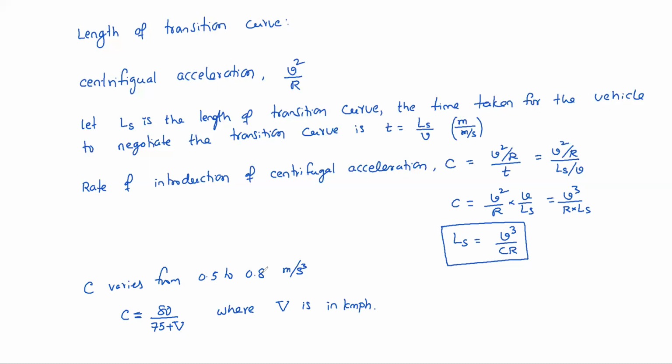So based on this, this is the comfort condition actually. So this is A, for the comfort condition. Based on the comfort condition, we need to design the length of the transition curve. Next, the second one, B,